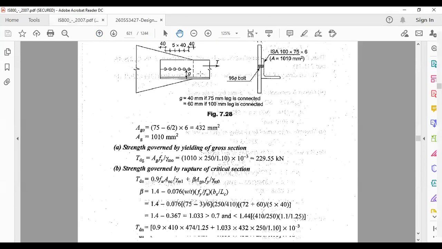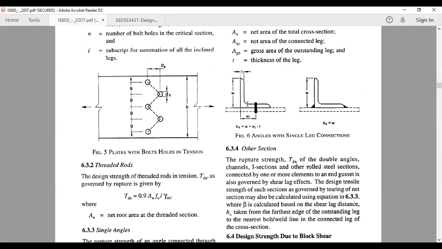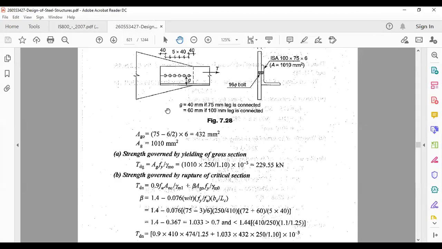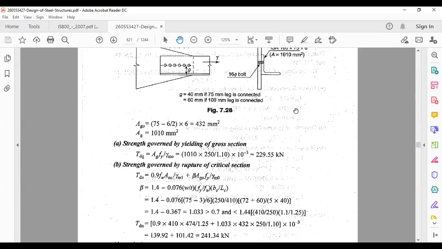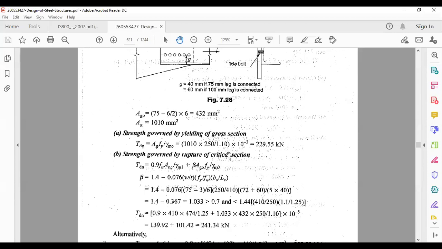As per the code, what is given here, we'll follow this one. We'll be sticking to this w plus this, wt or wl, what is given here, but it is the distance up to the center of the bolt hole minus the thickness. Okay, so if I consider that g here, when the 100 mm leg is connected, it is 60. So for me, it will be 75 plus 60 minus 6. Okay, 75 plus 60 minus 6. That is how we will be calculating the shear lag width over there, into fu, that will be the shear lag width.